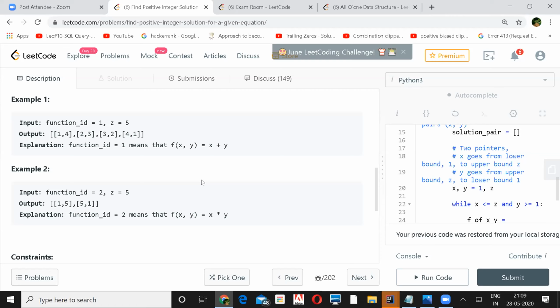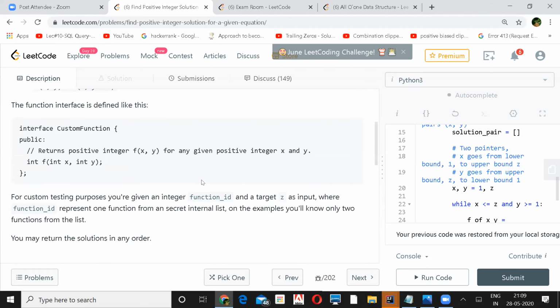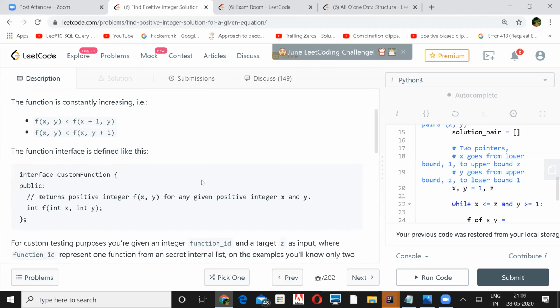Did somebody make use of the fact that the function is strictly increasing? Yeah, I saw. Go ahead. That is very interesting, actually. But yeah, okay. That is important, right, Rishit? Yeah. I used that.